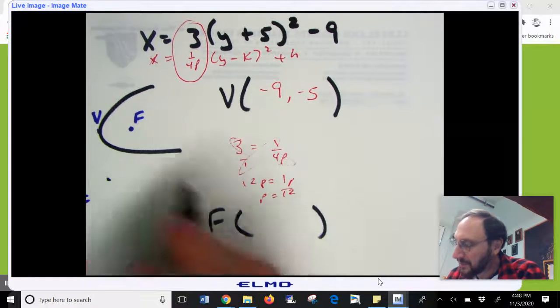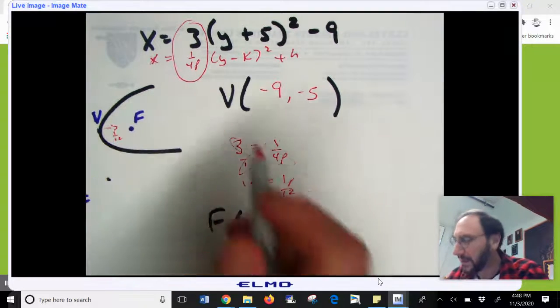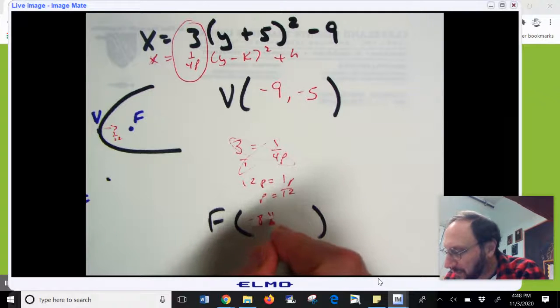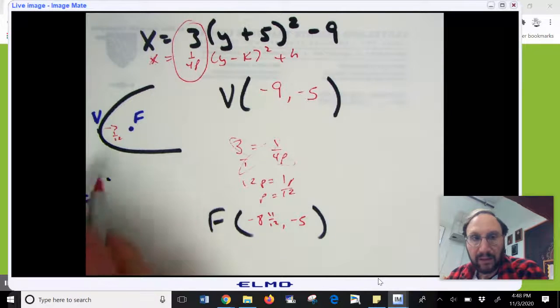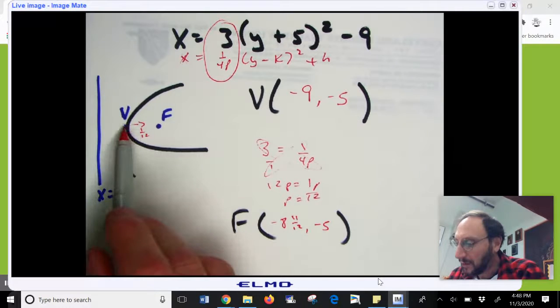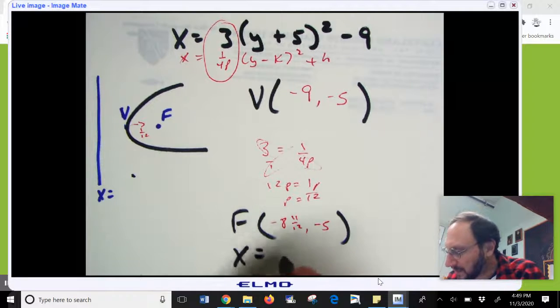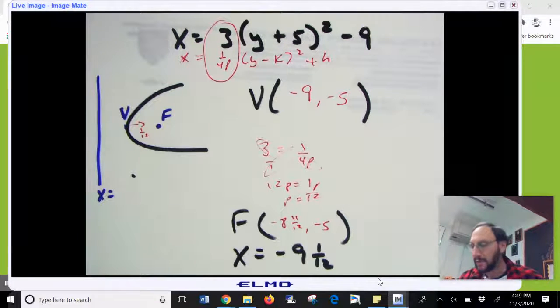The focus is going to be 1/12 to the right of -9, -5. That means it's going to affect the x value. -9 plus 1/12 is -8 and 11/12. The -5 doesn't change. That's it. You add 1/12 to -9. And the directrix would be 1/12 to the left of the vertex. So it's going to be -9 minus 1/12. So it's going to be x equals -9 and 1/12. And there we have it. That's all the answers that you